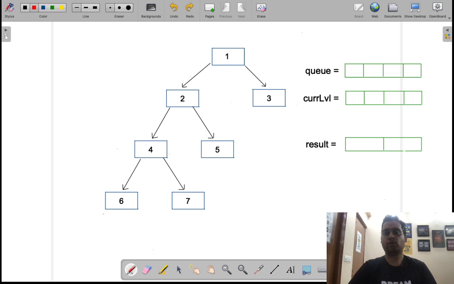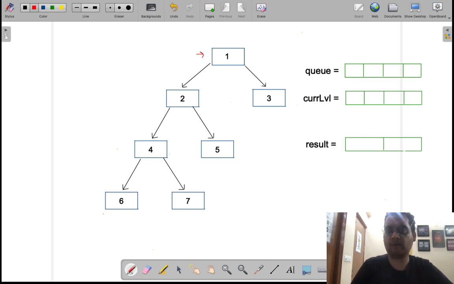Let's start. Initially the queue will be empty, so this is the queue we are going to use. We push the root into it, so it becomes 1. When we go to the iteration, we will first calculate the size, that is 1 here. So the for loop will run for only 1. We will pop 1 from here, and put the left and right child of 1 onto the queue.